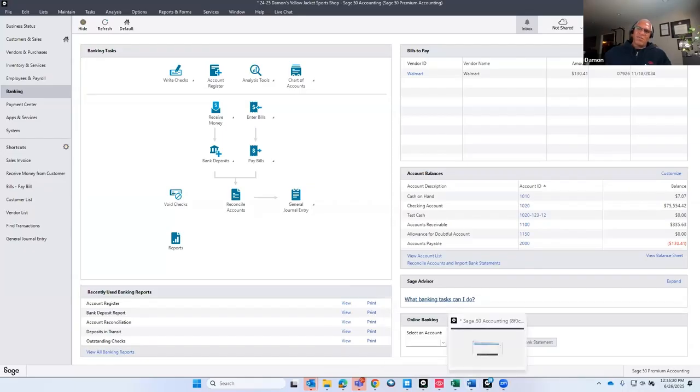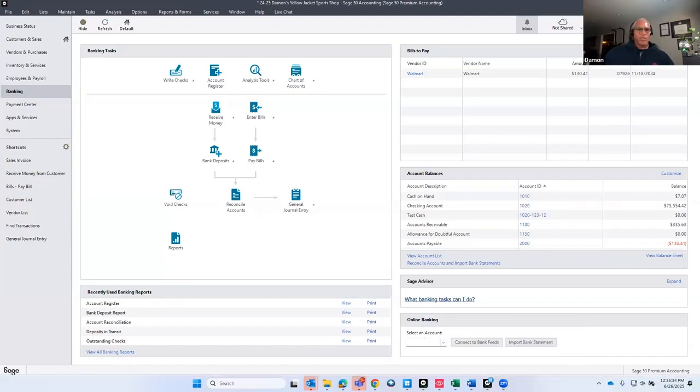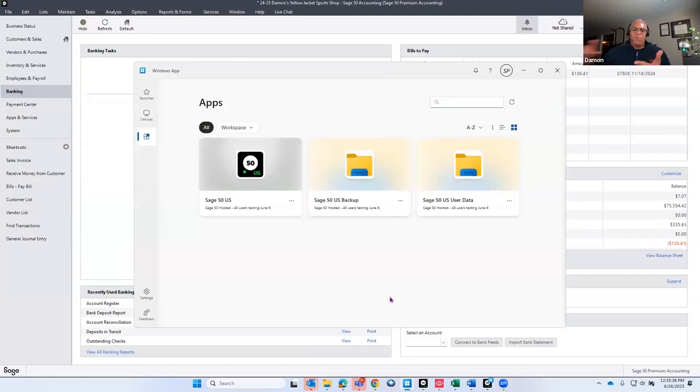Well, what's this? It has that little blue Windows apps. If you want to use our hosting service, you just need Windows apps. Windows apps works on Macs, PCs, iPhones, Google Folds, whatever phones, any phone you can find. As long as you download Windows apps onto that phone, you'll open Windows app and here's your Sage 50. This backup folder is linked to